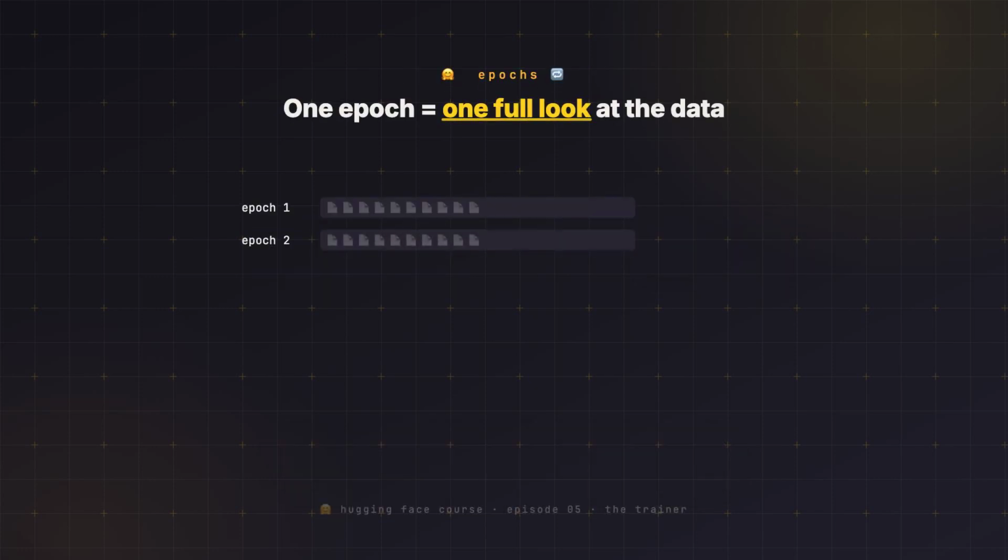And seventh, an epoch. One full pass over your training data. 3 epochs means the model sees every example 3 times. More passes, more learning. Up to a point, then it starts memorizing. 3 is a sane default for a quick fine tune, and 3 is exactly what we'll watch the loss fall